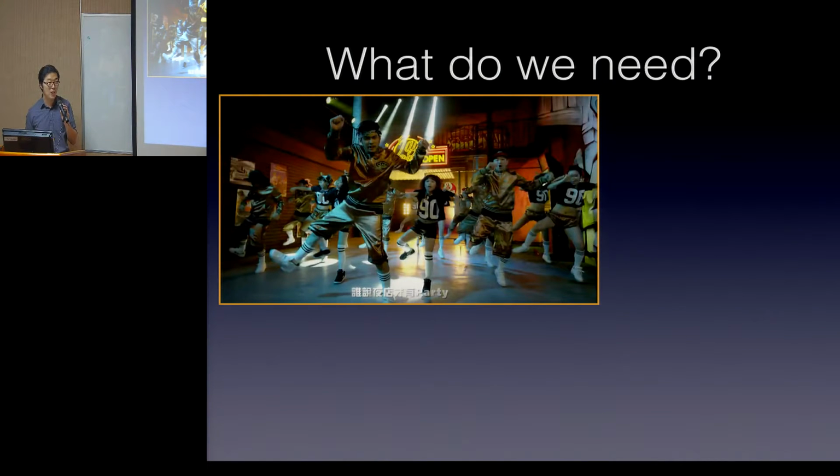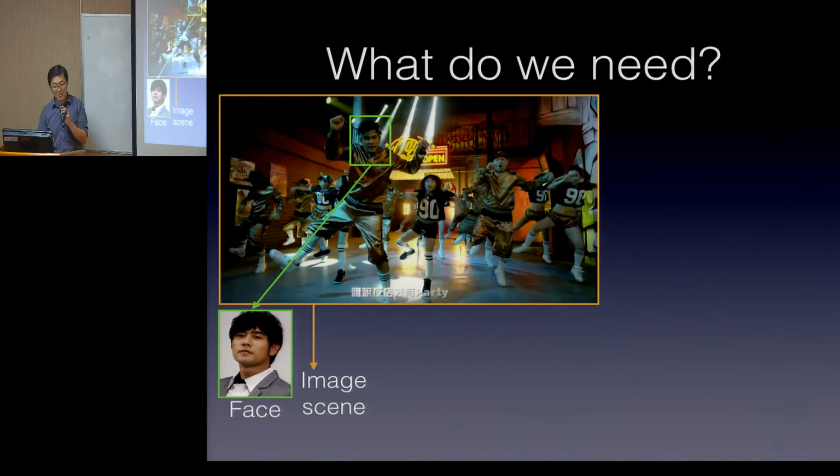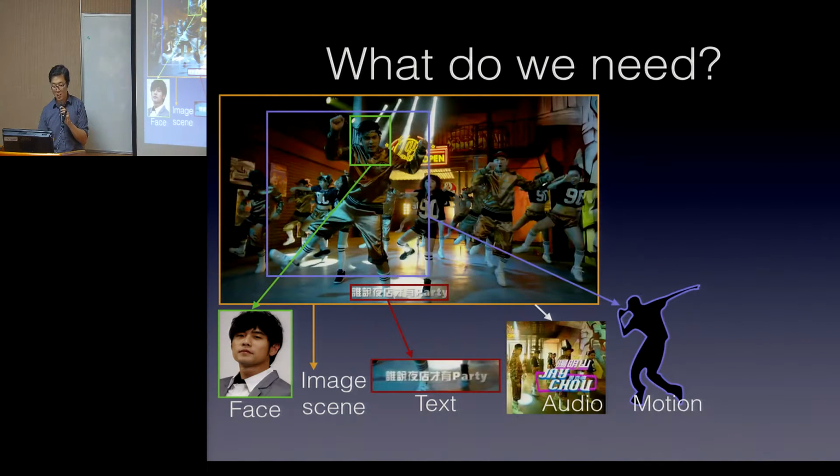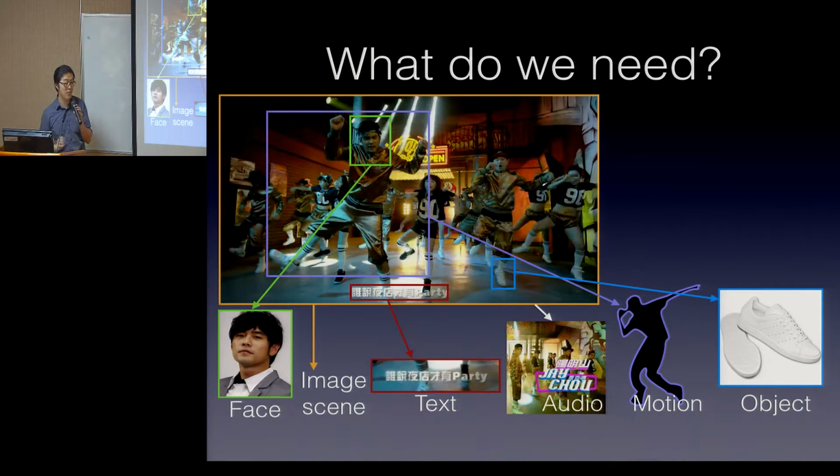When you put a car ad in the video, it's not just about detecting the occurrence of a Mercedes-Benz. If it crashes, or if the man and woman are fighting on the car, or even if it's Zhou dancing some silly dances, you probably don't want to put something that he's a spokesman for at that particular moment. So it's not just about detecting the objects, but also the faces, the scene, the text, audio, motion, and objects, they're all relevant. For example, Nike doesn't really care what things are happening in the video. As long as there's someone running or jogging and it's slightly positive, then they would want to put their shoe